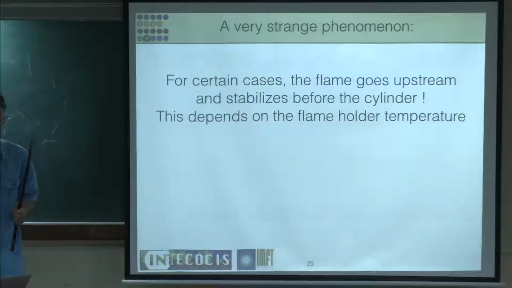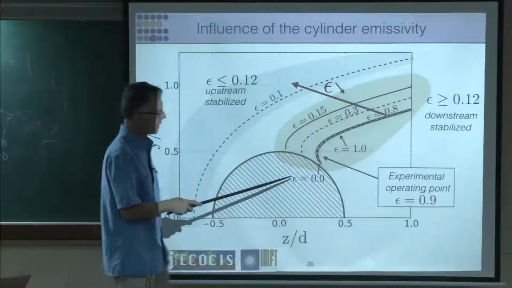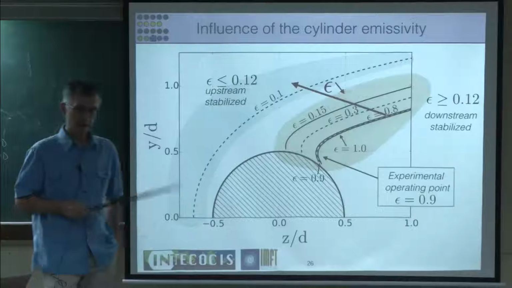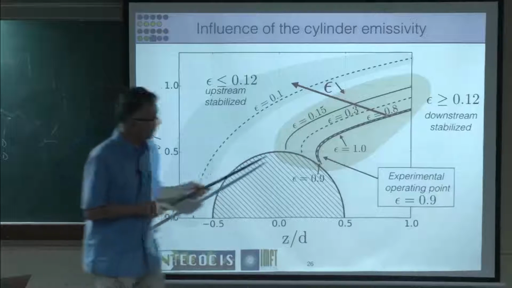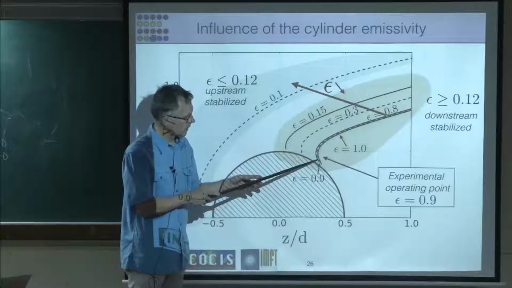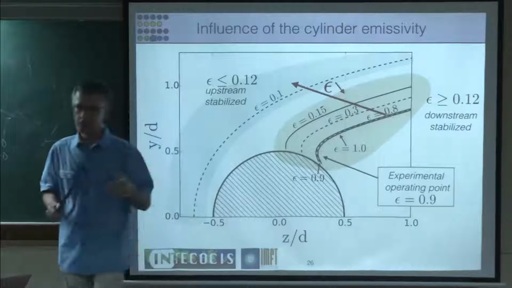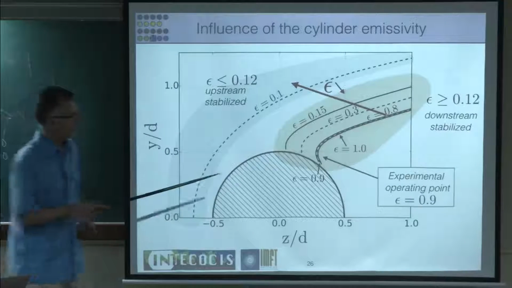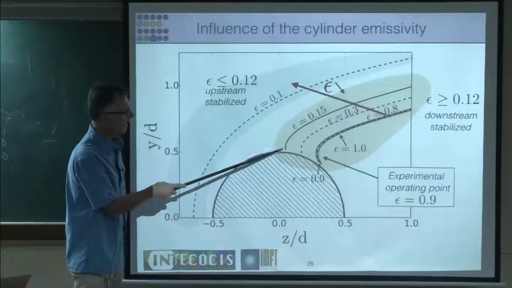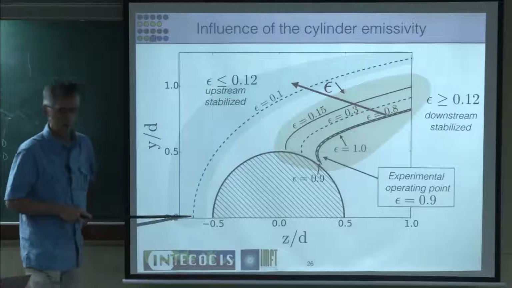I want to show you something now, which is the following. That's the flame position as a function of the emissivity of the cylinder. If you're not careful, what may happen is that if you have a lot of radiation, the cylinder is relatively cold, and the flame is here. But if you decrease the emissivity, the cylinder cannot cool itself, and the flame is creeping up here. It's finding more and more places to come here. And then suddenly, at an emissivity of 0.15, the flame jumps ahead of the cylinder.